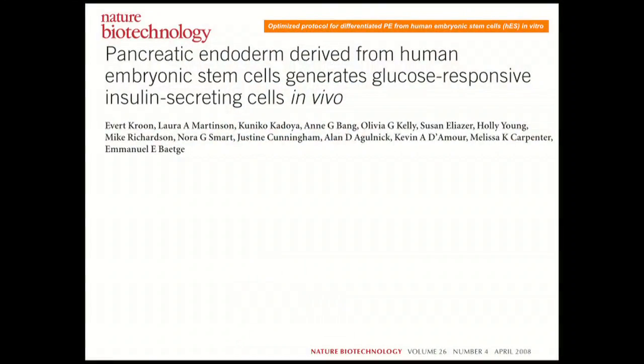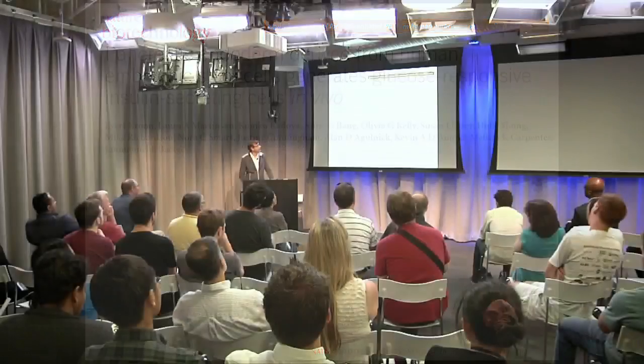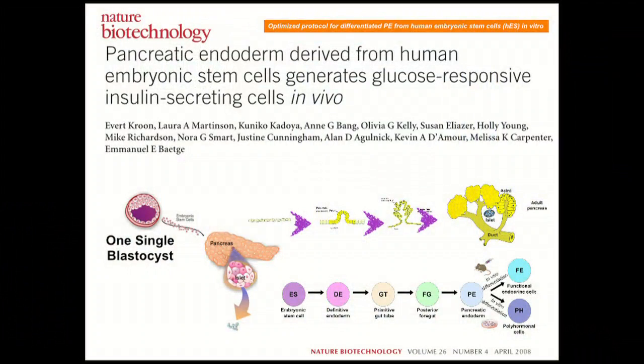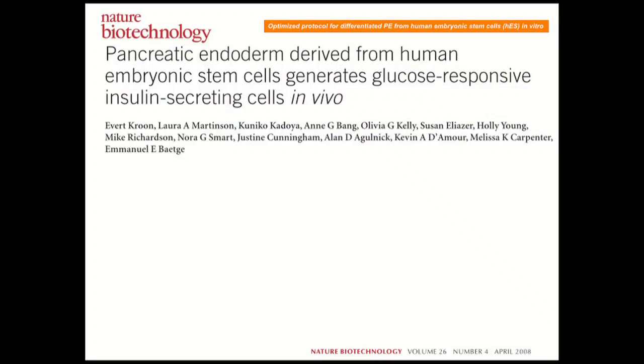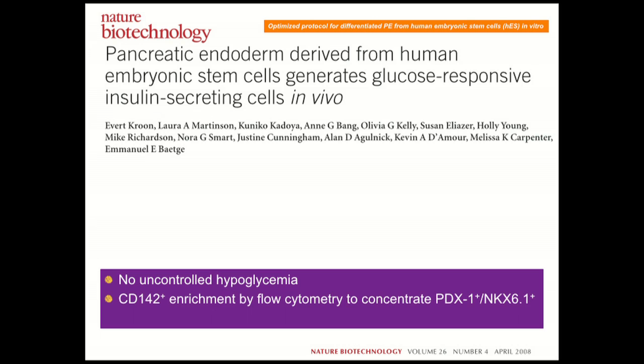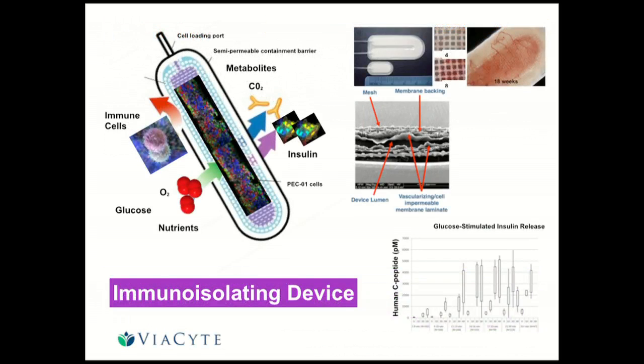We've also been working for the last 10 years with a company called ViaCyte down in San Diego, and we've been very excited by their progress in developing a human embryonic stem cell line that they have shown can reliably make human insulin and can be transplanted and can cure diabetes in mice when transplanted. And this group has been very innovative and shown these cells to be safe, to have no risk of that teratoma that I mentioned. And they are now carrying out a clinical trial that we're looking forward to participate in,